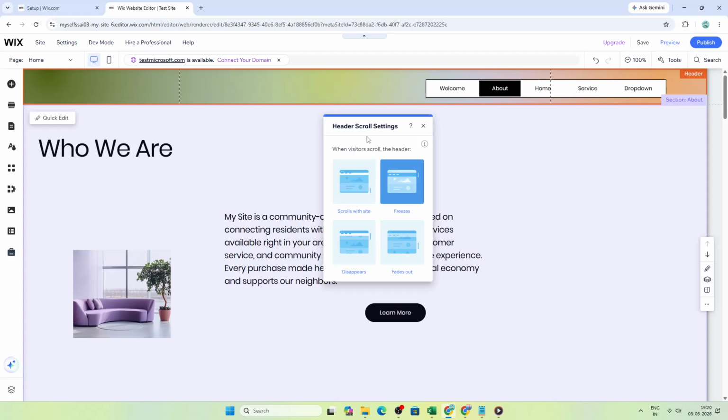Once you are inside the settings area, look for a drop-down labeled Scroll Effects or Header Behavior. The exact wording may vary slightly, depending on your editor version, but the option you need is the one that controls how the header responds as visitors move through the page. Open that drop-down and select Fade Out. This tells Wix to gradually reduce the visibility of the header while the user scrolls, creating a cleaner and more